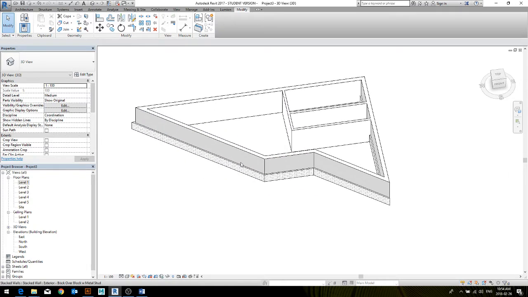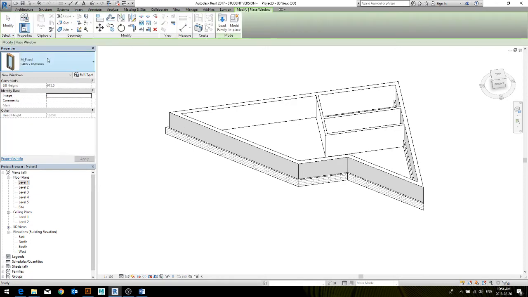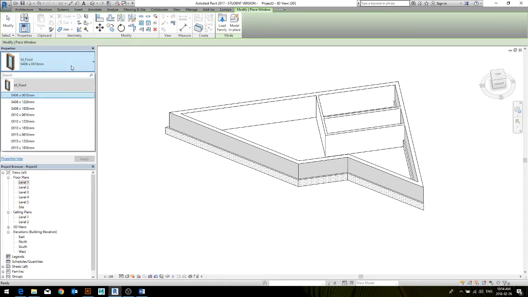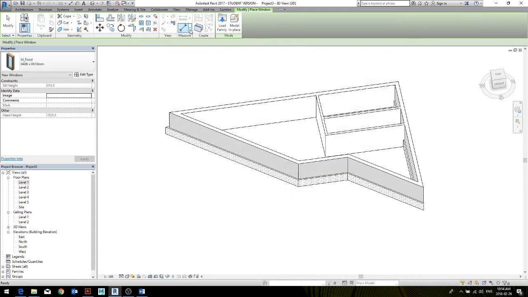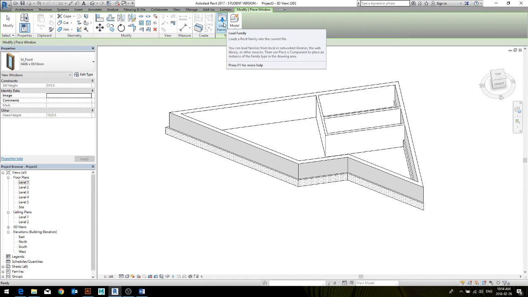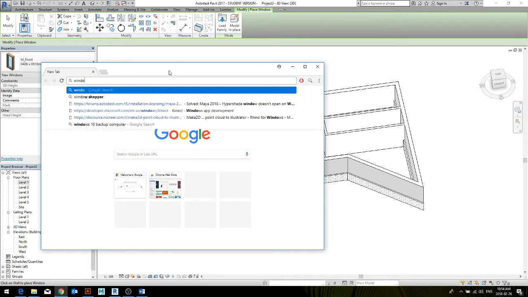Okay, that was walls. Let's talk about windows a little bit. So windows, same as walls. You can just select them, choose the type you want to draw, or load more families in. So anything you're drawing, you can load a family for it. Revit has a good library that comes with it as a default. You can also go online and search for, I don't know, window, Revit, family, and then it will